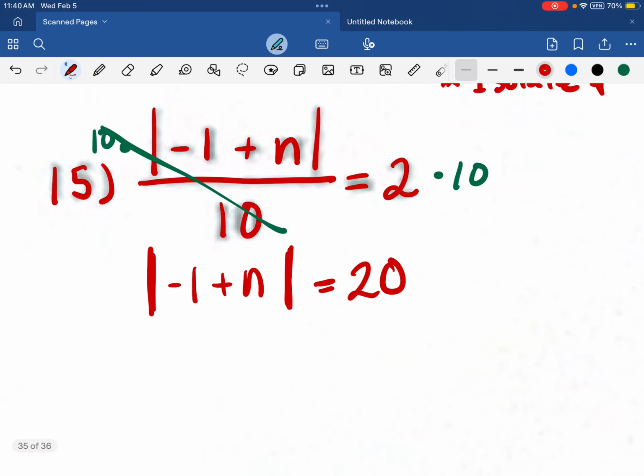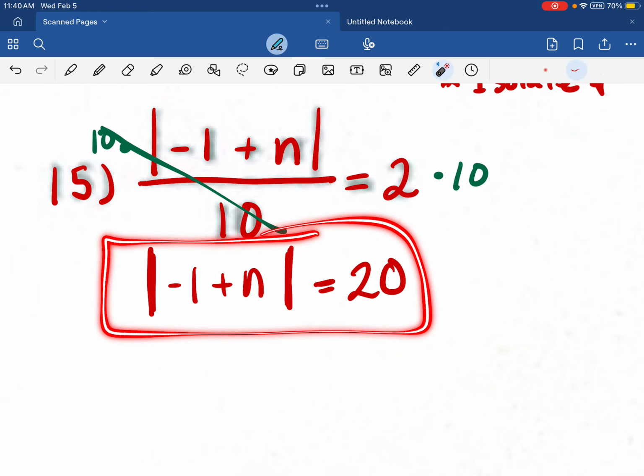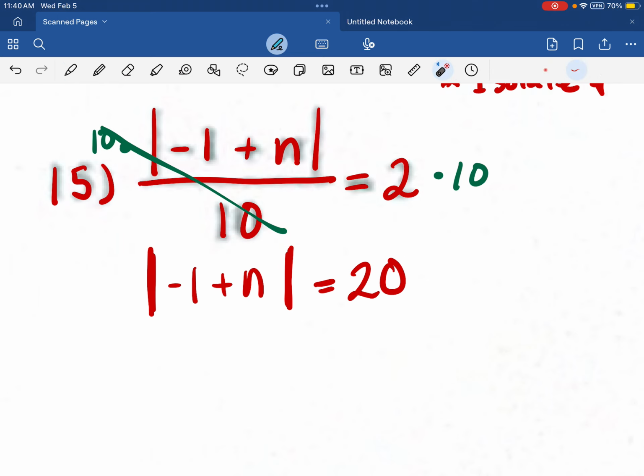Okay, good. Now, what this is telling me is that whatever's in here is 20 spaces from 0. If I look on a number line, here's 0. The thing that's 20 spaces from 0, oh, well, there's 20. Another thing that's 20 spaces from 0 is, oh my gosh, I drew that so poorly. Let me try that again. The other thing that's 20 spaces from 0 is negative 20,